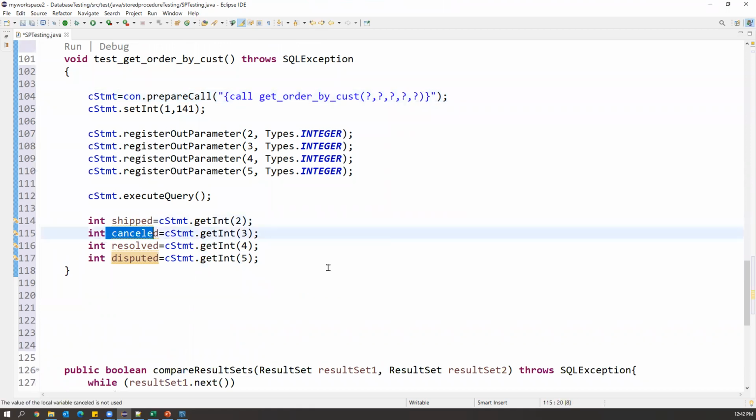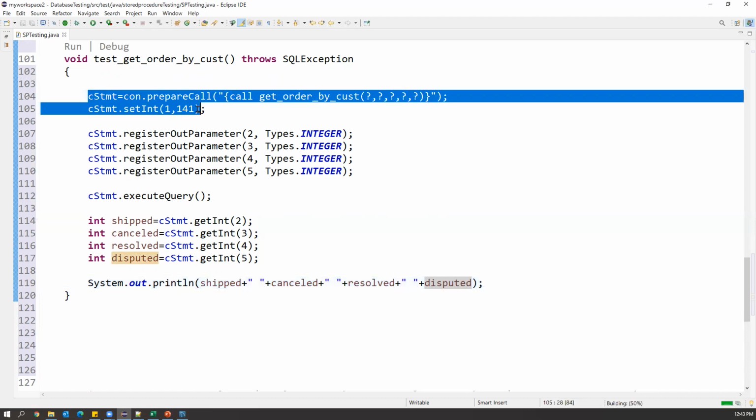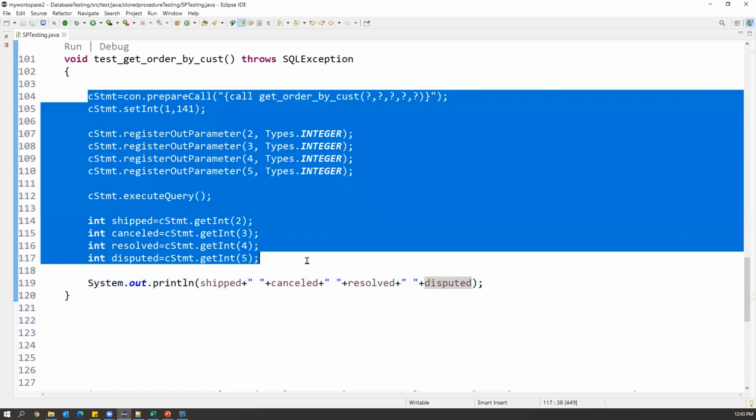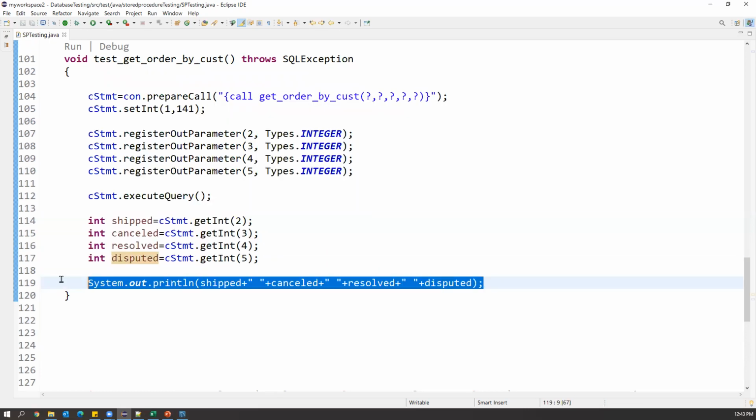All right, now let me just print them. Let's see what output we get from the stored procedure, because later we will compare that output with the test query output. So let me just print for now. I say System.out.println, and here I will specify those variables and we'll see what exactly it prints. We have not completed yet. We have just sent the stored procedure call along with input and output parameters, captured the data from the output parameters, and then we are printing it here.